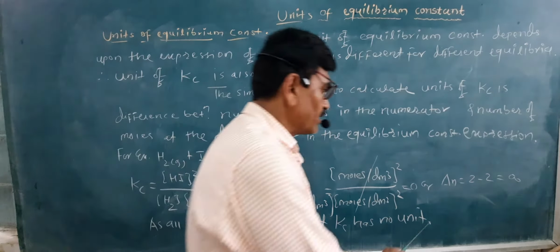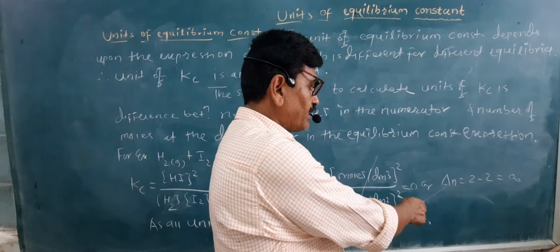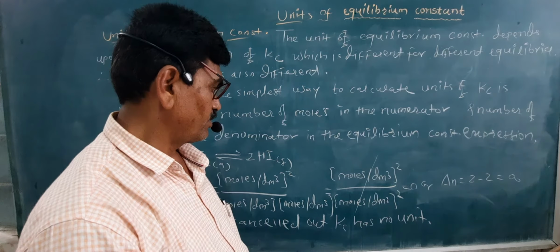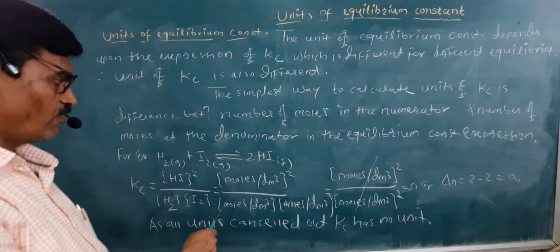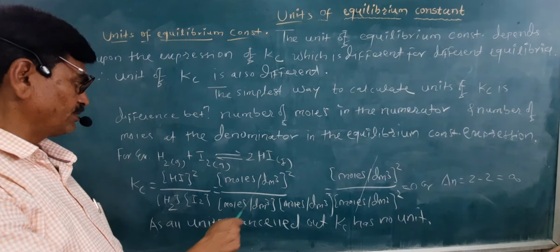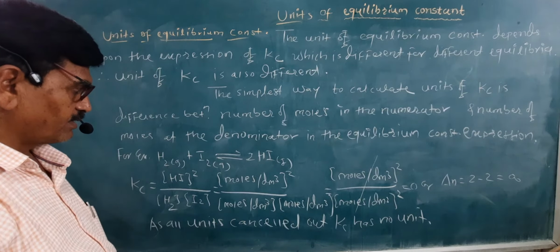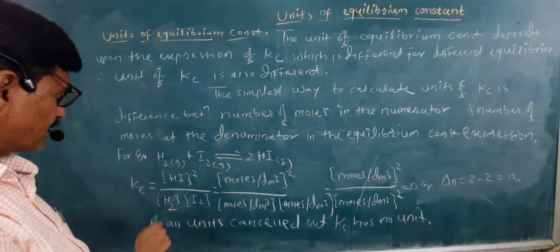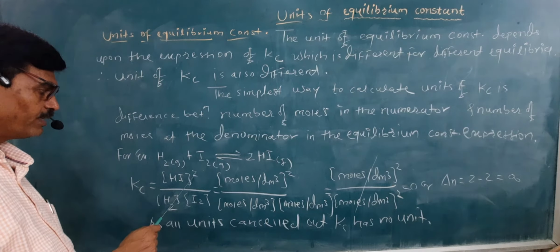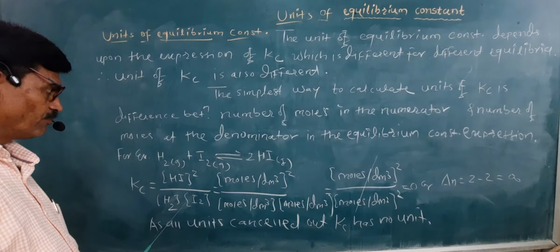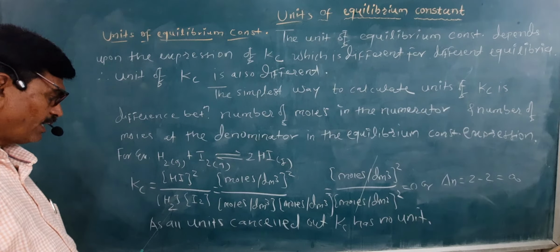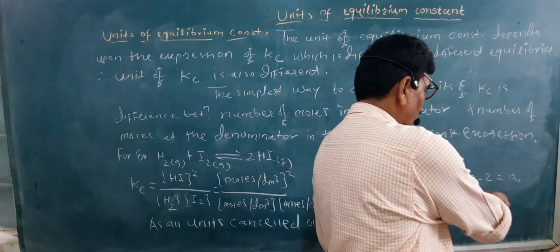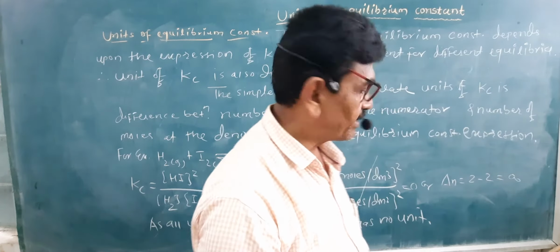किंवा याच्यासाठी दुसरा अल्टरनेटिव्ह पहा, कसं काढायचं पहा, डेल्टा एन. सो दॅट इज व्हॉट द डिफरन्स बिटवीन द नंबर ऑफ मोल्स ऑफ न्यूमेरेटर, number of moles of numerator minus number of moles of denominator. इक्विलिब्रियम कॉन्स्टंट एक्सप्रेशन ही लिहिली आपण. नंबर ऑफ मोल्स ॲट न्यूमेरेटर किती आहे? 2 आहे. नंबर ऑफ मोल्स ॲट डिनॉमिनेटर पहा, 1 + 1 2. इथे केले मी डेल्टा एन इज इक्वल टू 2 - 2 इज इक्वल टू 0. सो दॅट इज वन अनदर सिम्पल मेथड to find out.